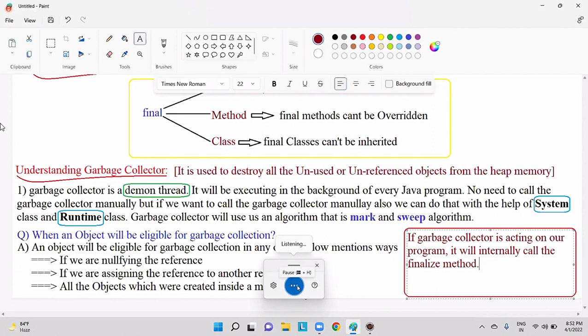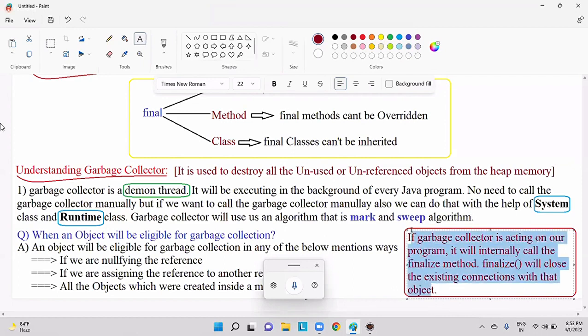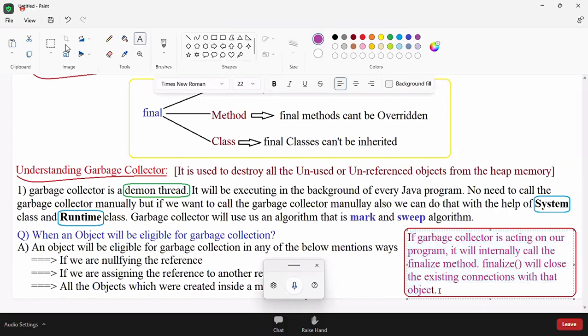The finalize method will close the existing connections with that object. We have discussed this point whenever we were doing our Object class methods, right?